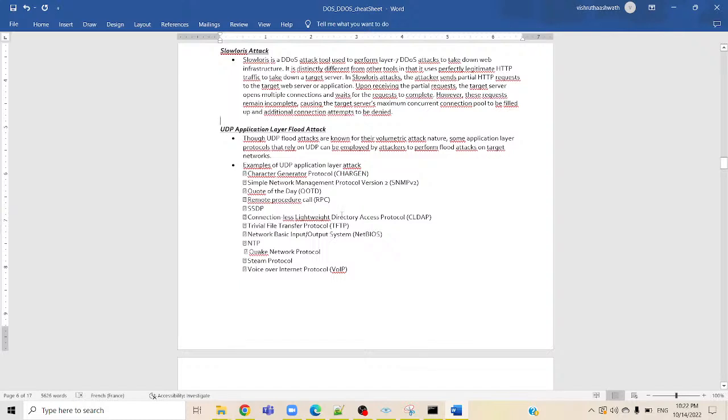UDP application layer flood attack. Though UDP flood attacks are known for their volumetric attack, some application layer protocols that rely on UDP can be employed by attackers to perform flood attacks on a target network. Examples of UDP application layer attack: